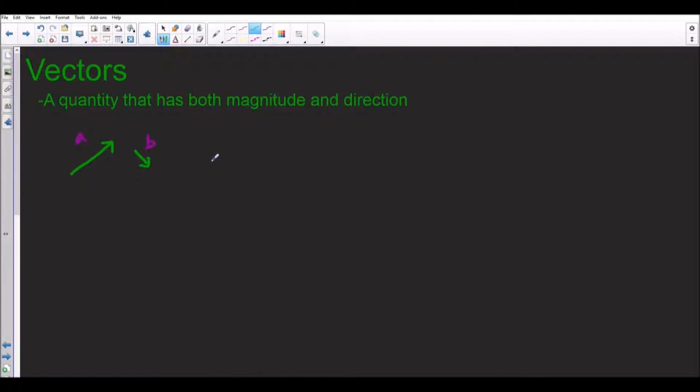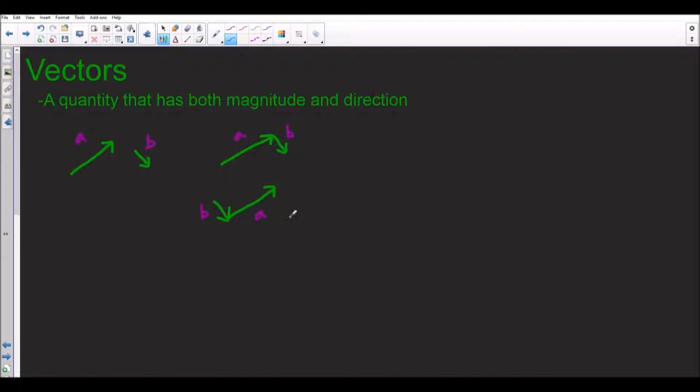To add the vectors, we need to go tail to tip. What that means is that we just draw them again. Okay, so that's A. And all we need to do is make sure that the tip of one of the arrows is touching the tail of another one of the arrows. Okay, so this is one way to draw it. Another way to draw it would just be this. We could draw our arrow A, and then we could draw our arrow B, right? It's still tail to tip,